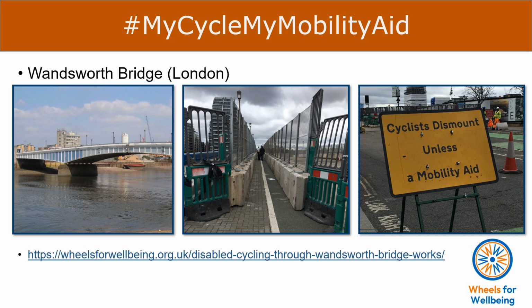So really starting to recognise that yes, some cyclists are disabled people. They can't dismount and push their cycle in the same way that you can't dismount and push your wheelchair or your mobility scooter. So those disabled people should be allowed to continue in that space using their cycle at safe pedestrian speed. So that's a little bit about some of the data that we have about disabled cyclists, some of how important we know cycling is for disabled people's journeys, and also how we want to make cycling more accessible for disabled people.